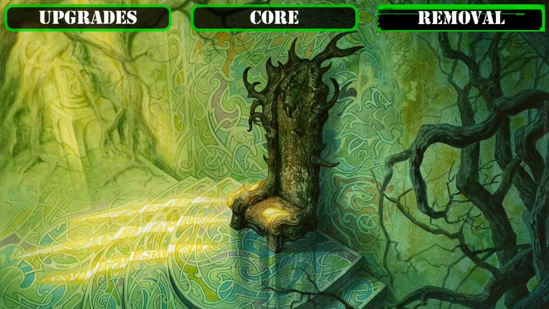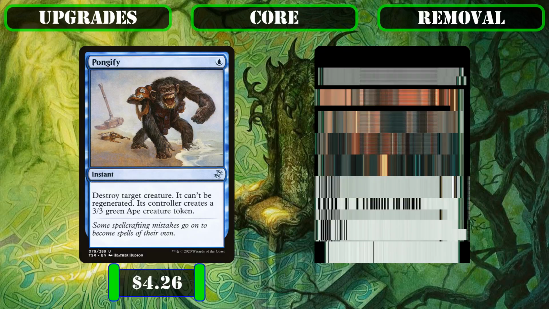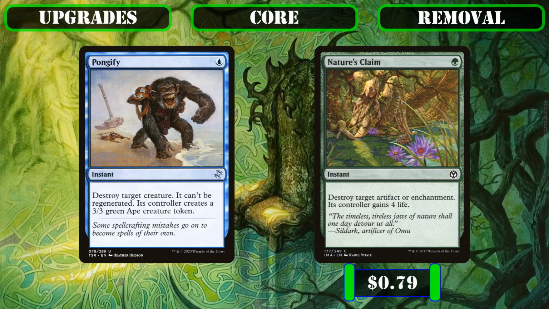Then pivoting to the refinements we'll be making to our removal package, we'll be slotting out Raven Form and Ruinous Intrusion, which are decent removal but a bit too expensive for us to use since we want to keep our mana curve low, so we can slot in Pongify and Nature's Claim, both of which are dirt cheap removal to help us cheaply and efficiently deal with our opponent's threats, so we can use the majority of the mana in